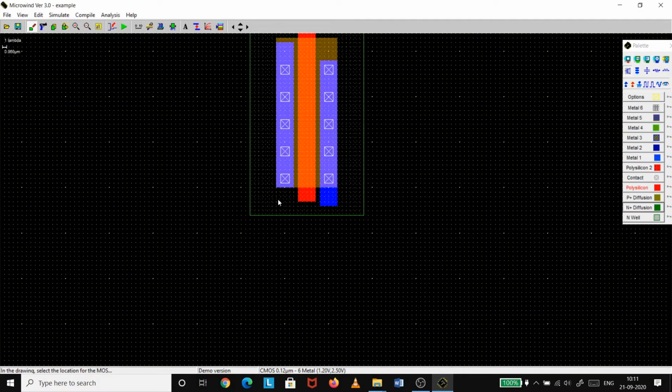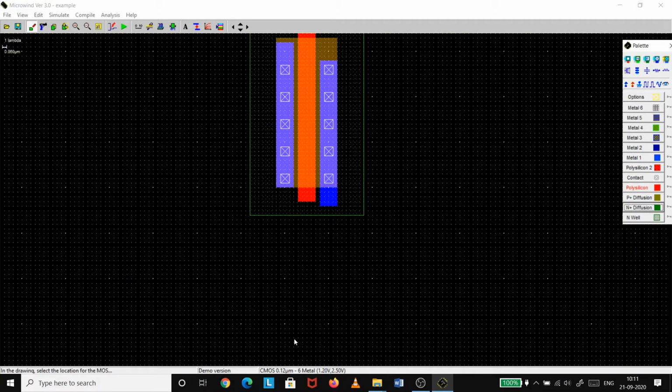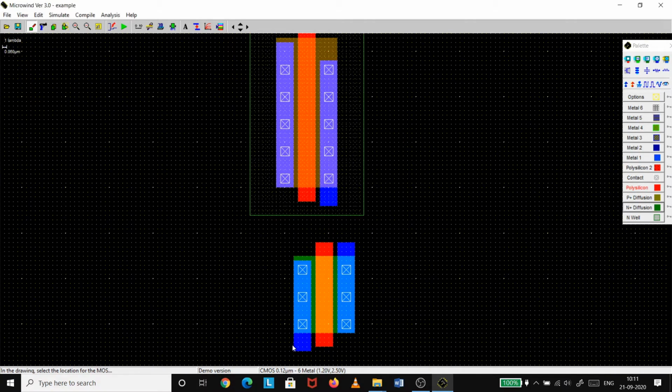Here is our PMOS. Next we will be requiring NMOS. So here is our NMOS.